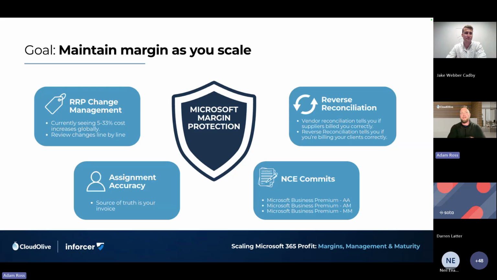And it can happen across many other vendors, but maintaining your margin, if you've worked hard for your 16, 17, 18, 19%, whatever it is, means RRP change management, right? So Microsoft increasing the prices and knocking 5% off this or increasing this by 20%. In July, across many markets, there's an increase across sporadic licenses, it seems, between 5 and 33% coming up very, very soon.